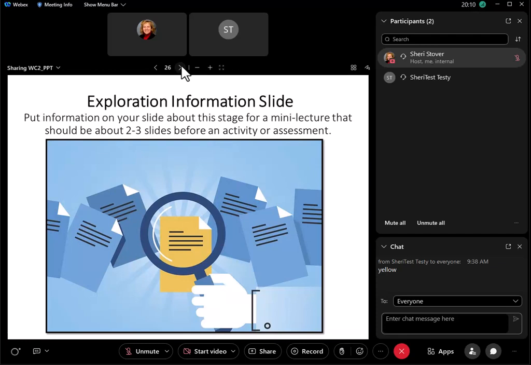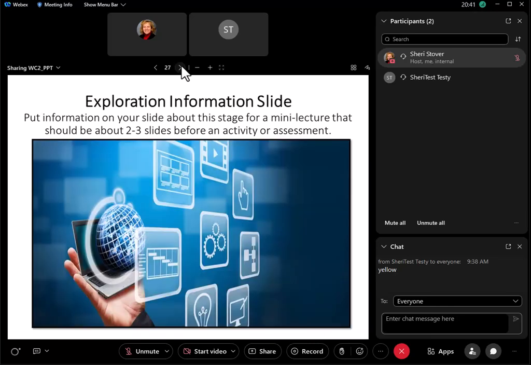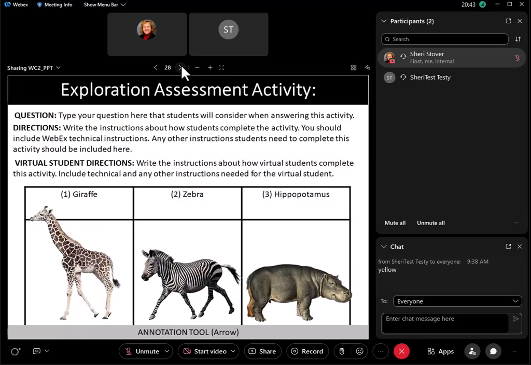And then you have some slides about the exploration. Remember, the exploration is the most comfortable part of the presentation. It's what people are used to. This is the lecture part of it, but think of these as mini lectures or micro lectures, where you have just a few slides, 2 or 3 slides, and then a quick assessment. 2 or 3 slides of more information, and then assessment, and maybe 2 or 3 slides again, and then an assessment. Remember, you are not covering all the information in your textbook, just a few of the key ideas. So, a few ideas for the exploration, and then an assessment.